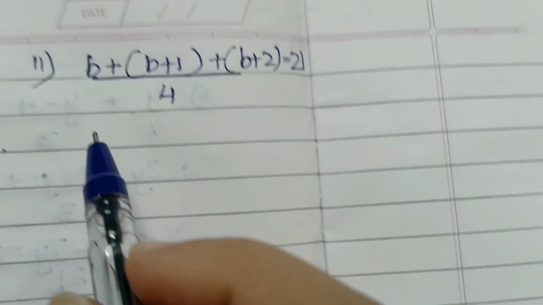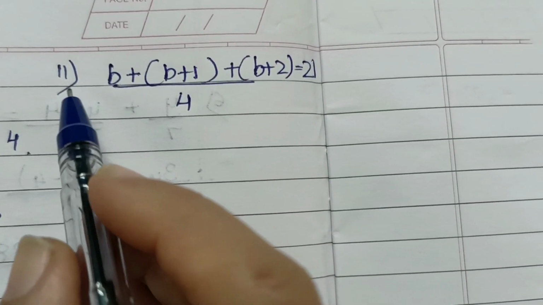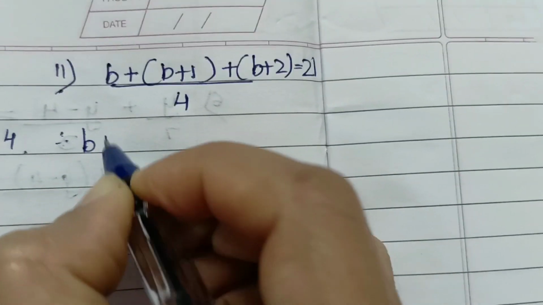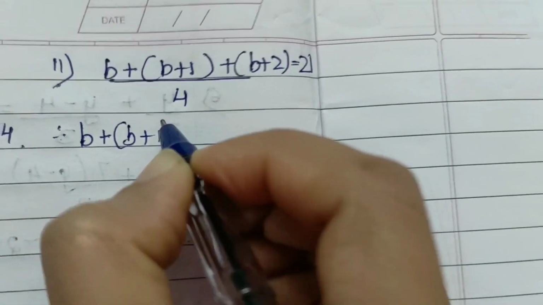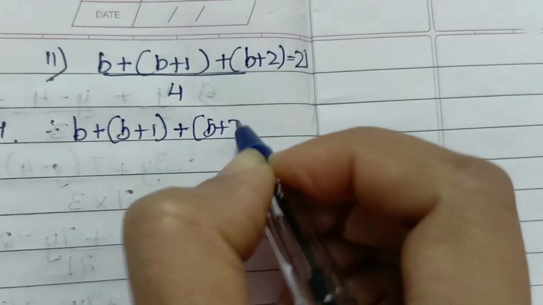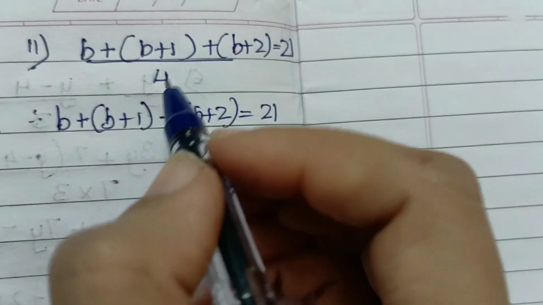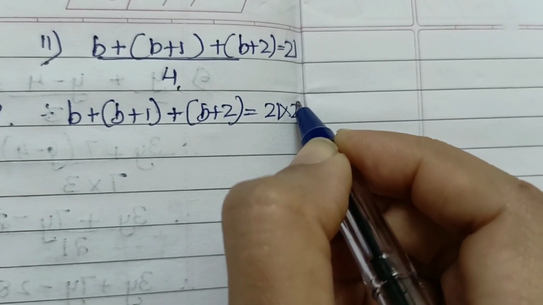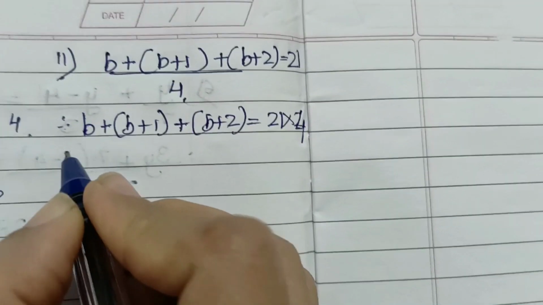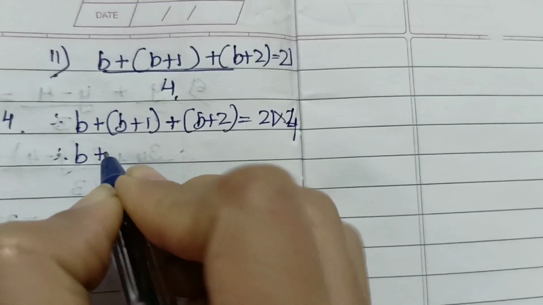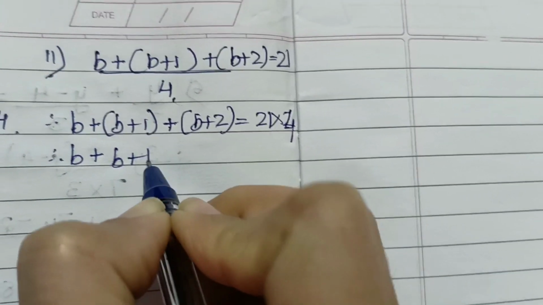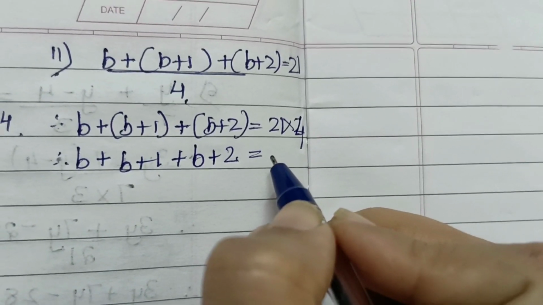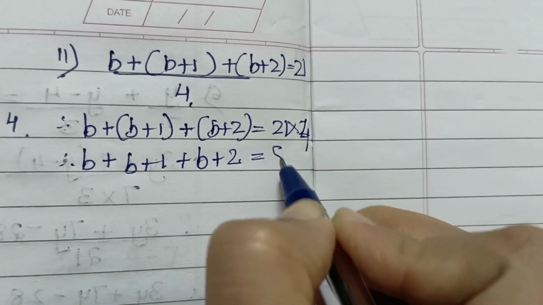Last question of this practice set, question number 2, sub question 11. A very easy question. Here we'll write the numerator as it is on this side itself. As it is we will write it down. Later on we will open the bracket. 21 also as it is. Now this 4 is divided, so it will be multiplied on this side. Next, now we will open the bracket. So b plus 1. The sign will remain the same because all the terms are positive. 21 multiplied by 4 will give us 84.